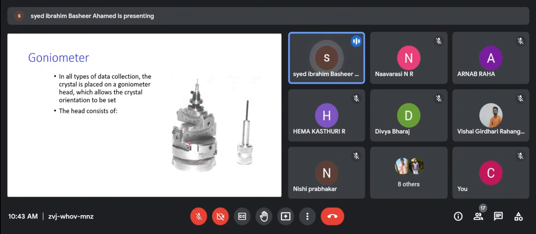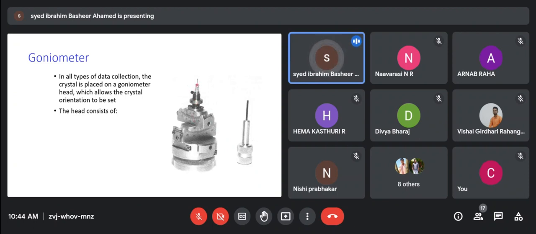That is why it's called a 4-angle diffractometer. So it will not allow you to miss any direction of the crystal. In all the 4 directions, the crystal will be rotated and it will be placed in the X-ray beam. So don't think that when it is moving in this direction, the head will also move in this direction so that the X-ray beam will not hit. Assume your X-ray beam is coming like that. If you move this, it will come out of the beam? No, it's not like that.